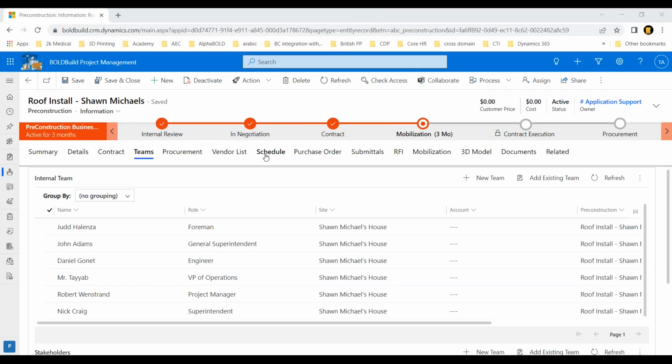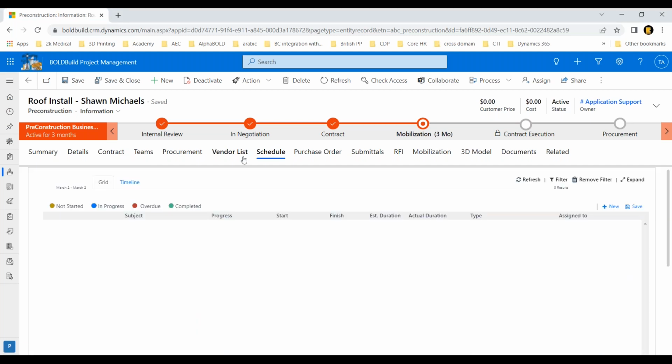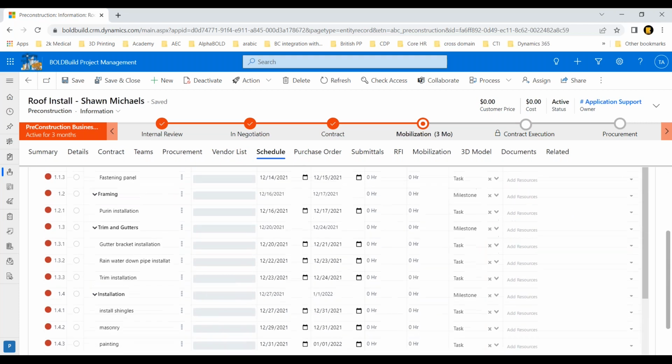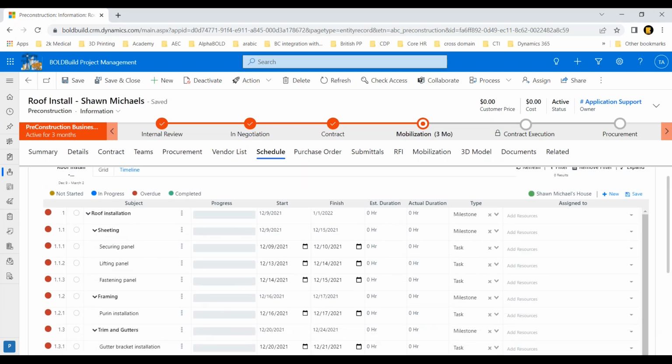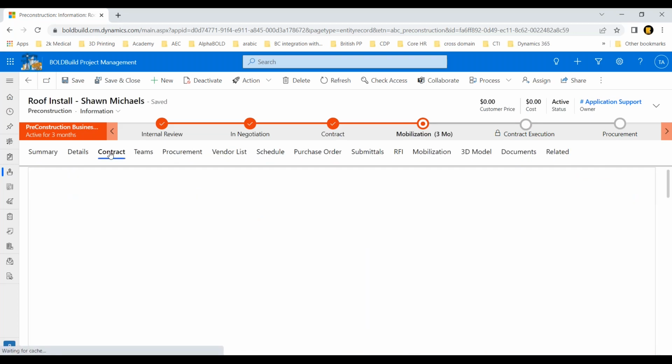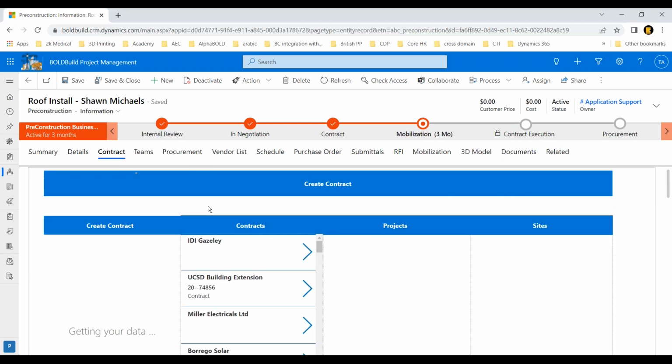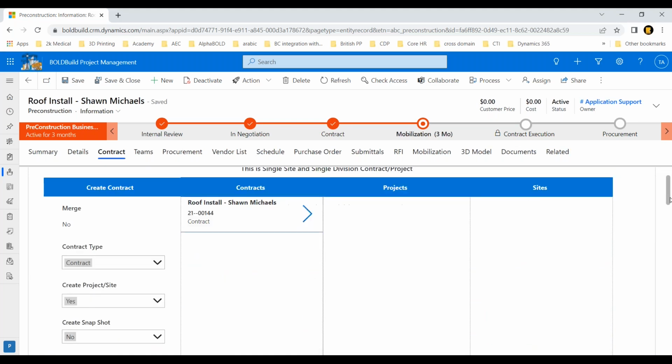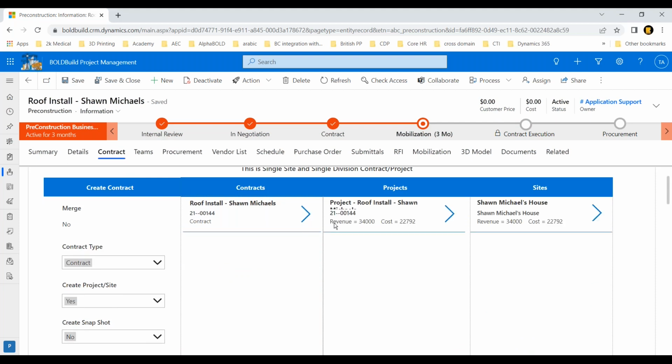And the next thing I want to show you is the schedule, but I'll go into the schedule board once I get to the project stage. So what happens here is that in pre-production, you might have additional visits, you might have additional tasks. Yes, you have a scheduler, you can go in here and then you can create tasks that you want to do as part of pre-production. I will cover this module on the project execution side, but if I go into the contract in here, once I feel comfortable, I just say I want to generate a project for this. So I'm in pre-production, and from there I go into production. And I've already done that, of course, for this demo. So you can see that from this pre-production stage, I generated a contract, and then I generated this project.